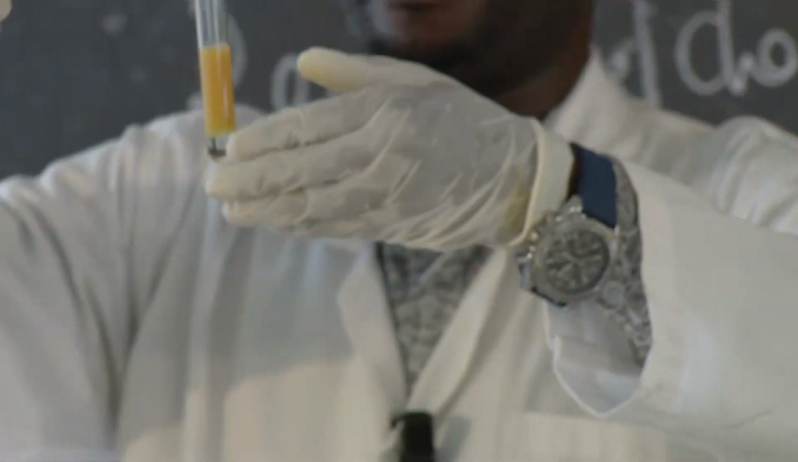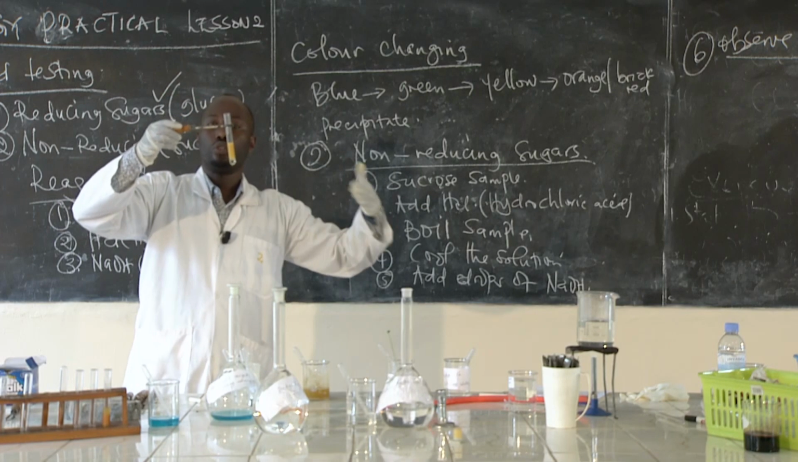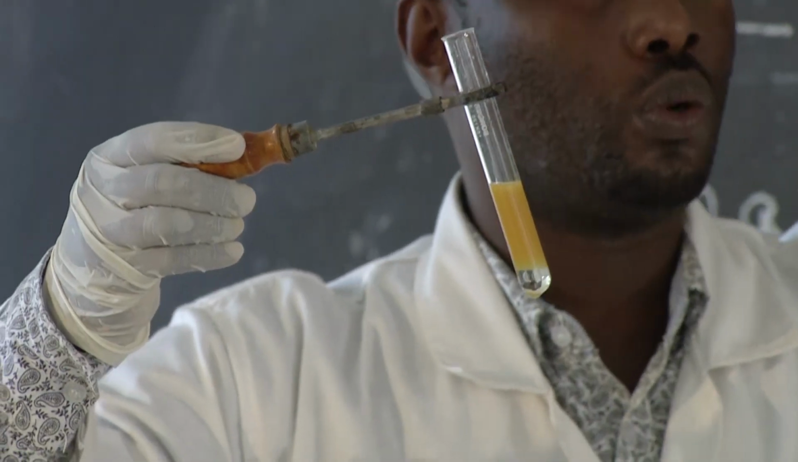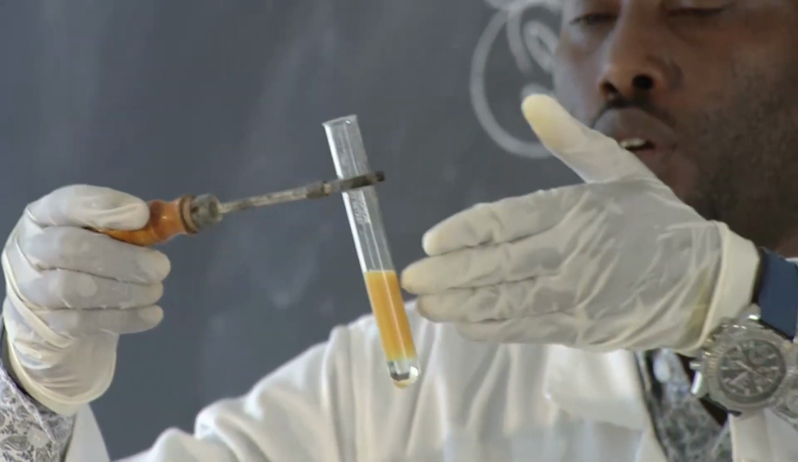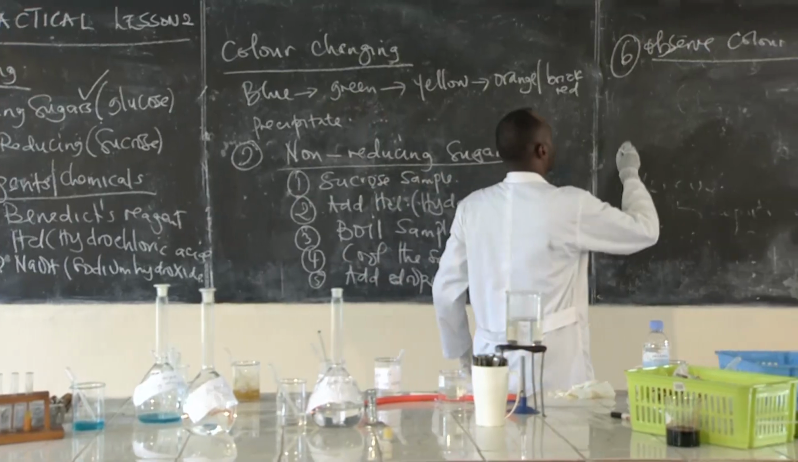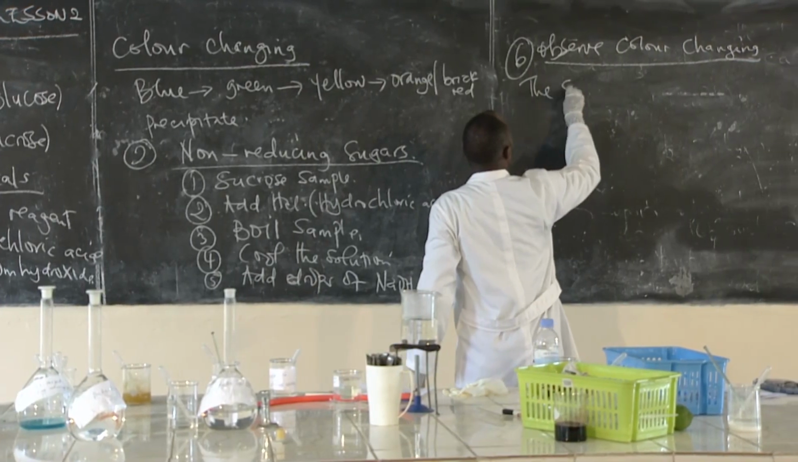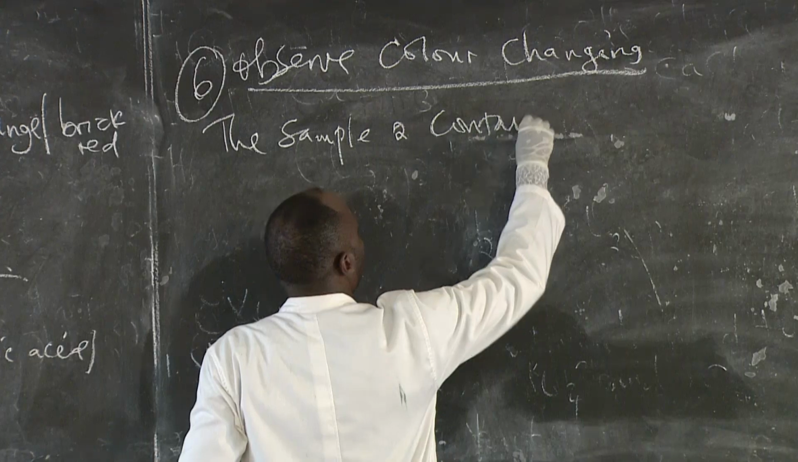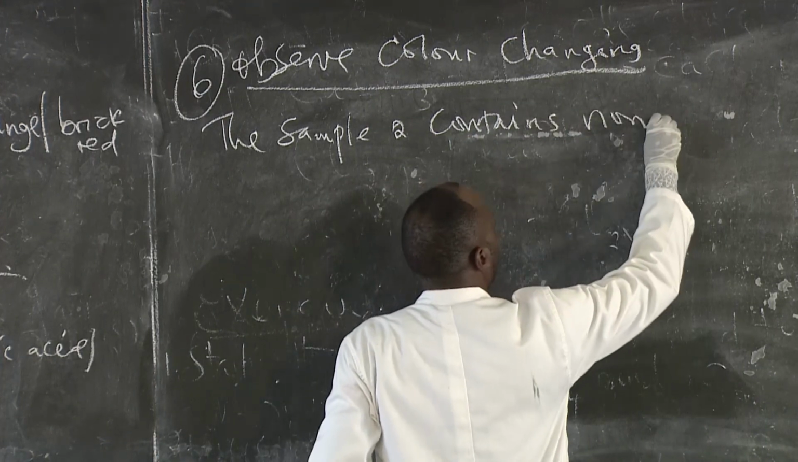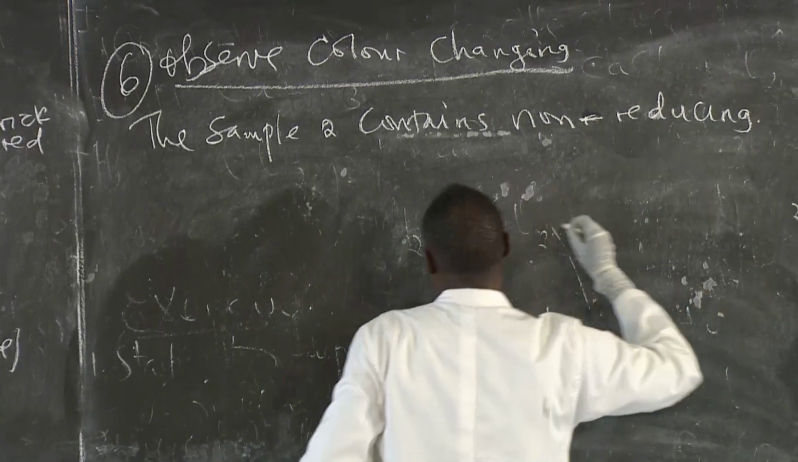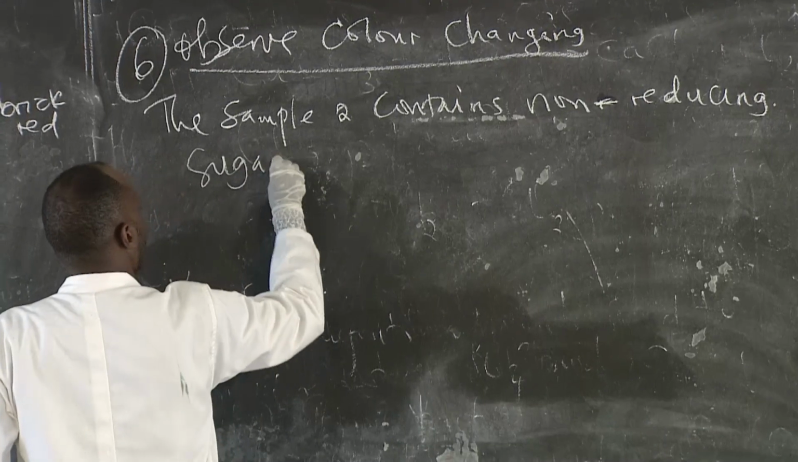It has changed from blue to yellow, then to orange, which indicates the presence of non-reducing sugars. So we can say color changing. You can say sample 2 contains non-reducing sugar, because